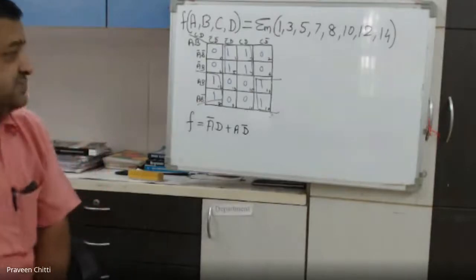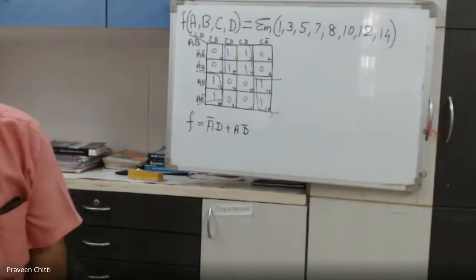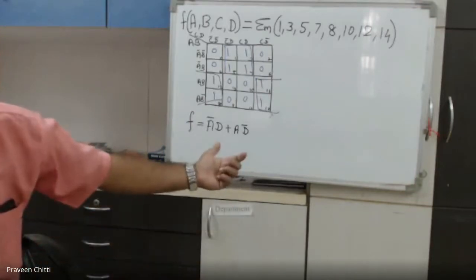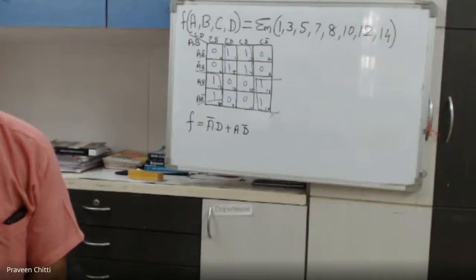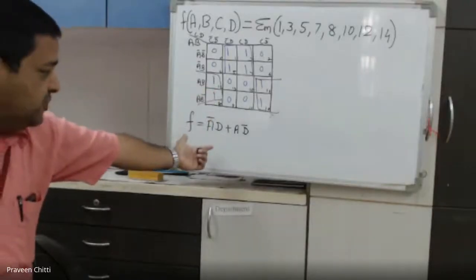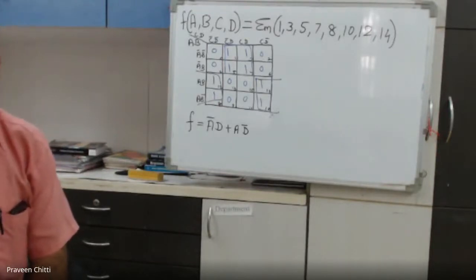A D bar. So that is how we can simplify it. We have simplified the Boolean equation. Is the problem over there or anything else you need to do? What next we need to do, Arzu? Have you understood till this point? Yes, sir. The SOP equation was given, we have written the K-map, and from the K-map we got the answer, which is A bar D plus A D bar. Fine.